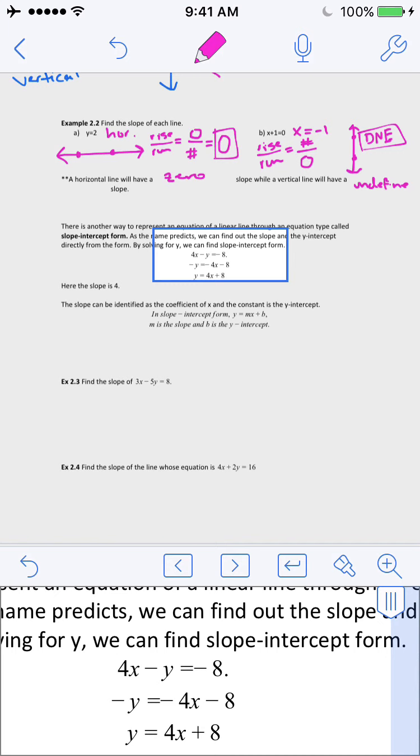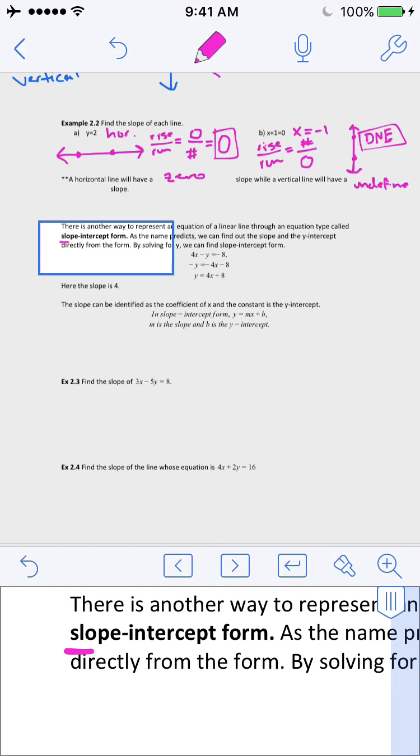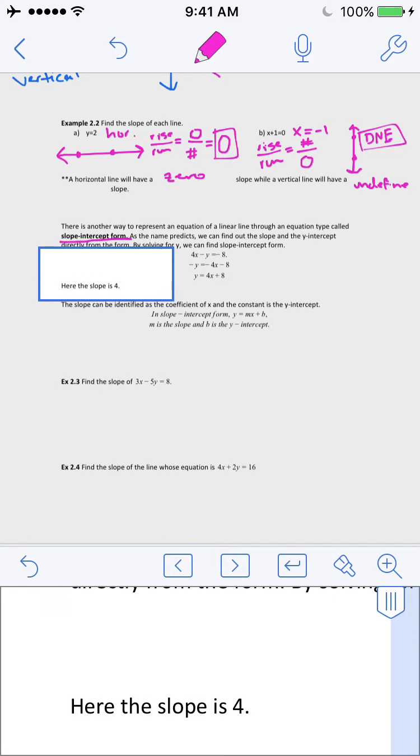There's another form, though, that actually shows you your slope. You can just pull it right out of the equation. So it's a very easy form to work with. It's actually called the slope-intercept form. That name is not trying to trick you or give you a whole bunch of stuff to memorize. It's trying to show you what is in the form. It's the slope and then the intercept. So you probably remember it as y equals mx plus b,